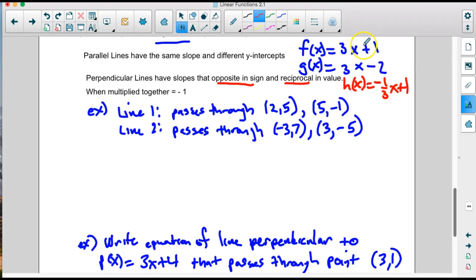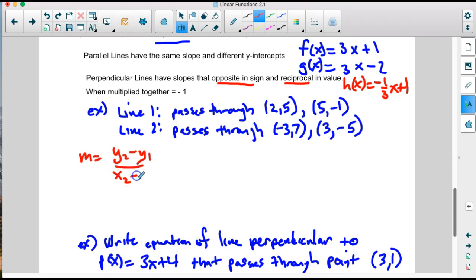It would be perpendicular to this line and that line just because of this slope. All right, my first example here is going to be checking to see if they're parallel or perpendicular. So we have two lines and we want to check to see if they're parallel and perpendicular. Well, all we have to do is use the slope equation to do that. So we're just going to use this equation